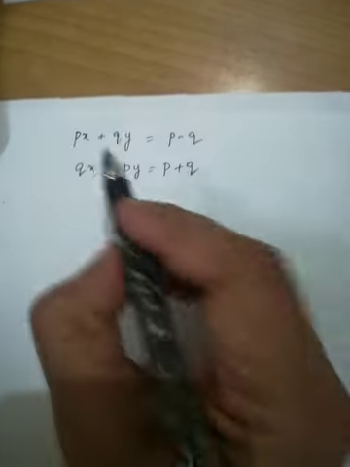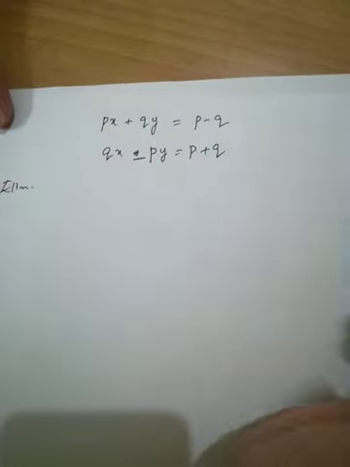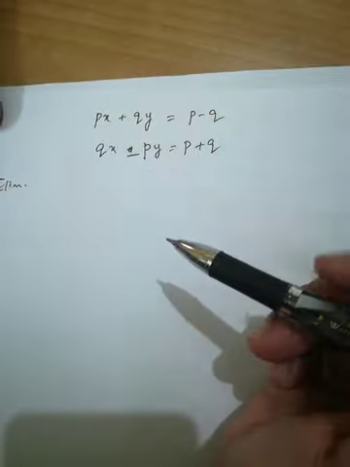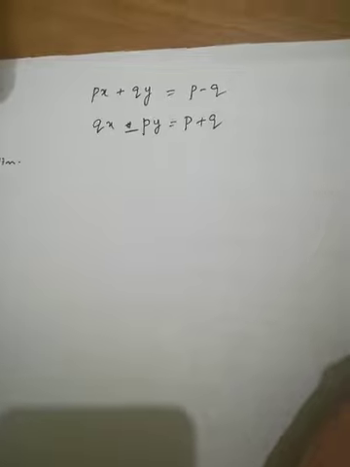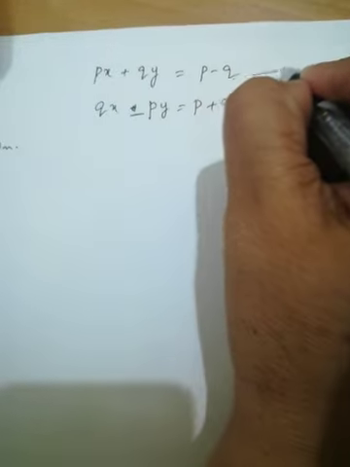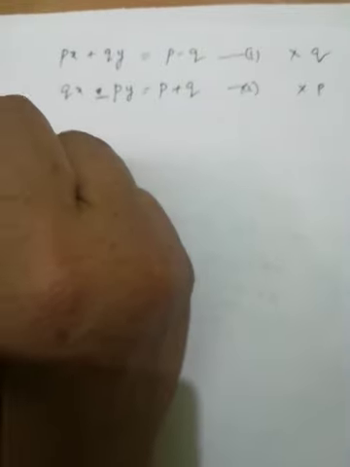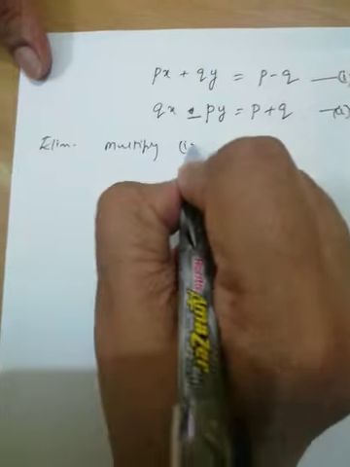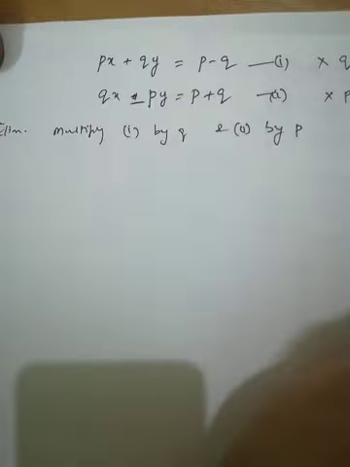Okay. So what I will do here, it's not a number, right? It is written P, Q, Q, P. So now to make the coefficient of x equal, the LCM of P and Q will be PQ itself. So we'll make it PQ. To make it PQ, the first equation, equation 1, we will multiply by Q. And the second equation we will multiply by P, so that this will become PQ and this will become PQ, so things will be easy for us. So multiply equation 1 by Q and equation 2 by P, and then we will subtract.